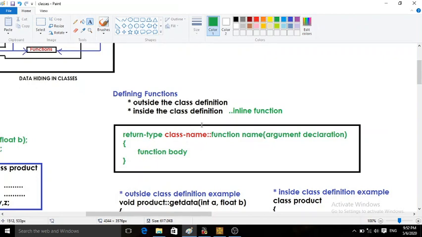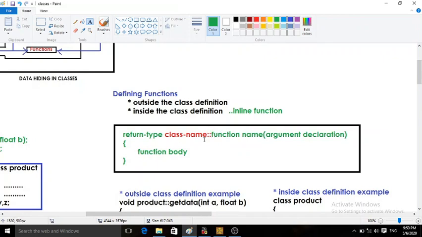But here, as it is a member function, we have to add the name of the class and the scope resolution operator in the function definition, which specifies that we are defining the function outside the class. Scope should be specified where the function is declared. As we declare the function within the class, the scope of the function is within the class itself, so we write the class name and the scope resolution operator.